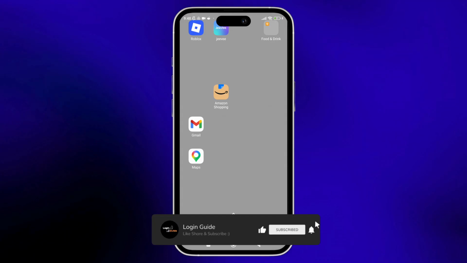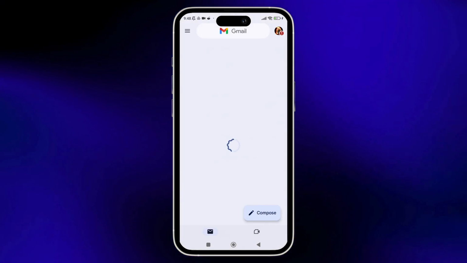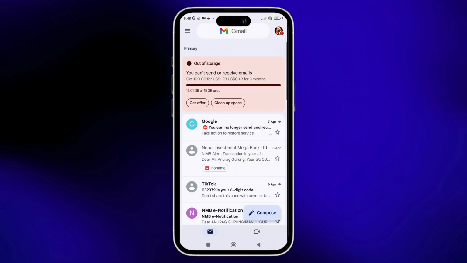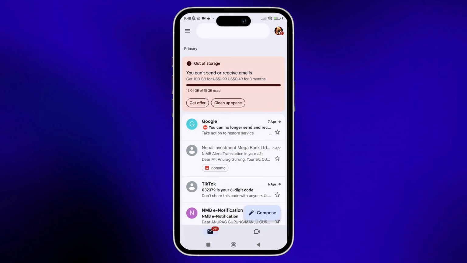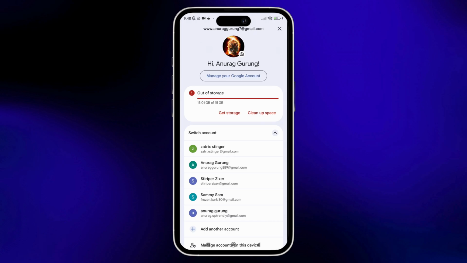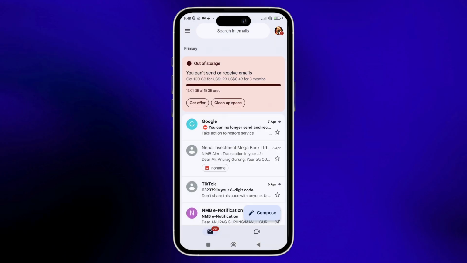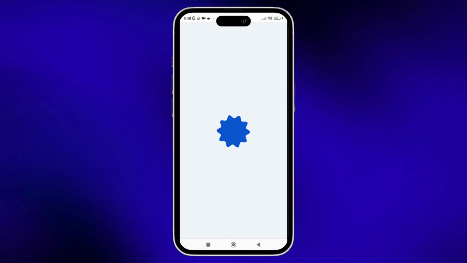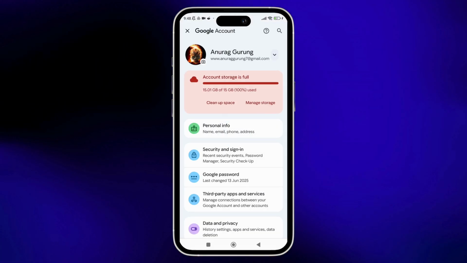So first things first, open the Gmail app on your phone. And now, once you're inside the app, just tap on the profile icon shown in the top right corner of the screen. And now, once you see the interface like this, you can just tap on manage your Google account. And now, once you're inside the Google account section, what you have to do is simply scroll down,